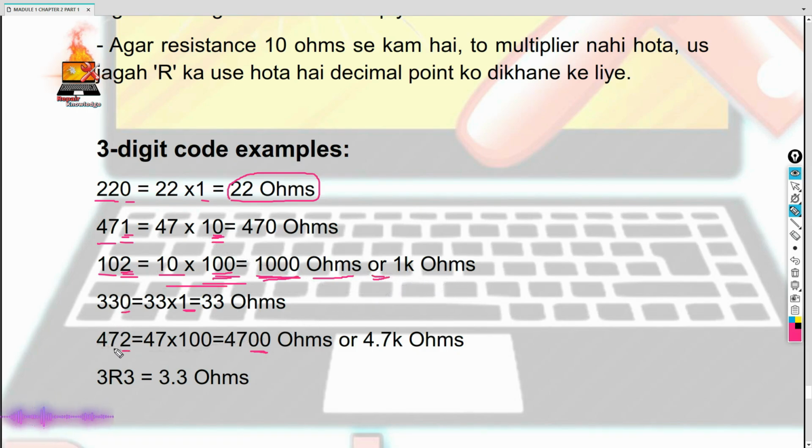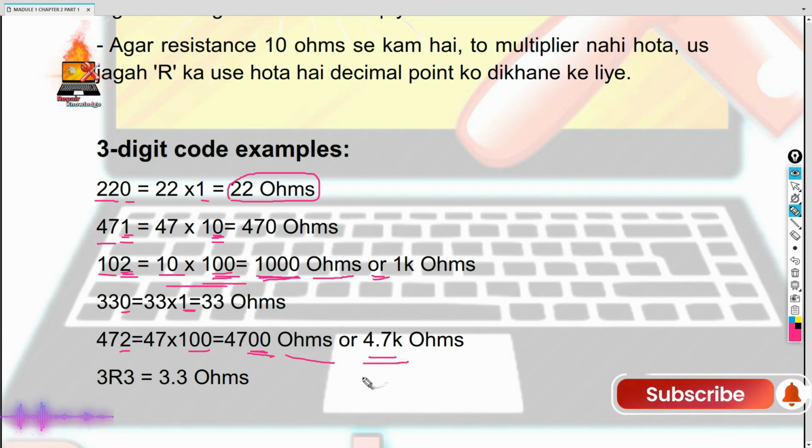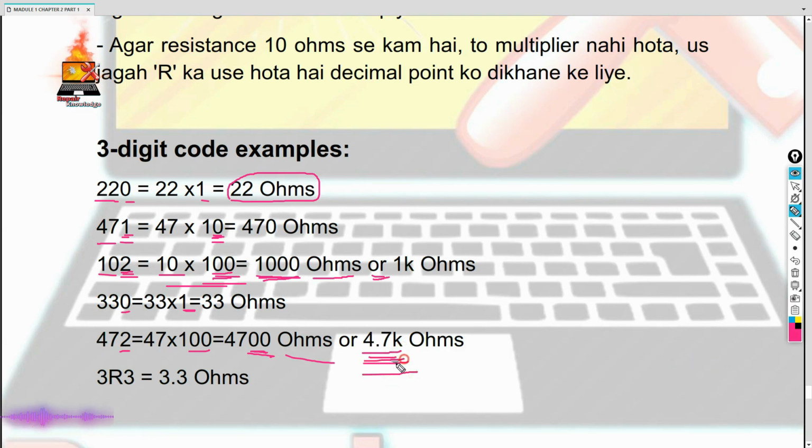Okay, now look here 47, then 47 is written here, 2 is written here, then we will increase 2 zeros here, then we will do the multiplier. 4700 has come, 4700 ohms. If it comes, then how much will we have? K. Kilo, how many kilo ohms? 4.7 kilo ohms. Okay, 4.7 kilo ohms will be ours now. Where will we put the multimeter? 4.7K. Put 1 in the upper range, then you will see the range of 47 over here makes sense. Alright, that's how we understand it.